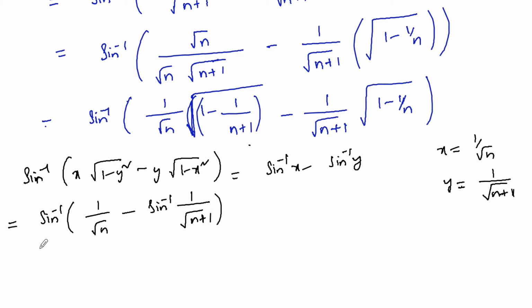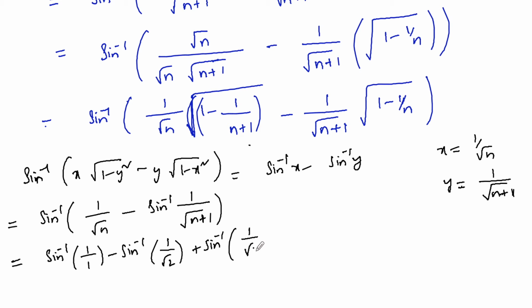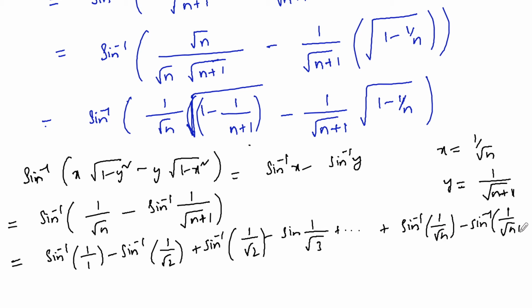And as this sum tends to infinity, we can start from n is equal to 1: sin inverse of 1 upon root 1, sin inverse of 1, minus sin inverse of 1 upon root 2, plus sin inverse of 1 upon root 2 minus sin inverse of 1 upon root 3, and so on up to sin inverse of 1 upon root n minus sin inverse of 1 upon root of n plus 1. So sin inverse of 1 upon root 2 gets cancelled,